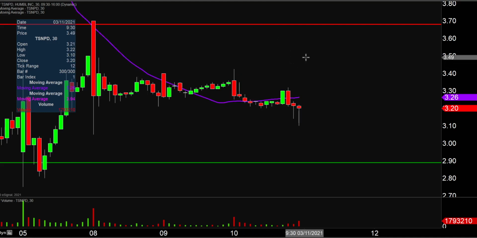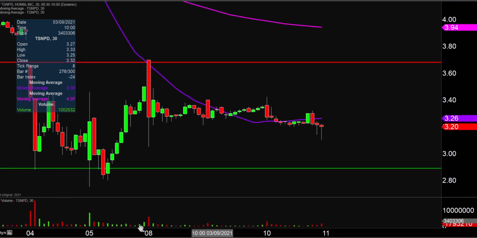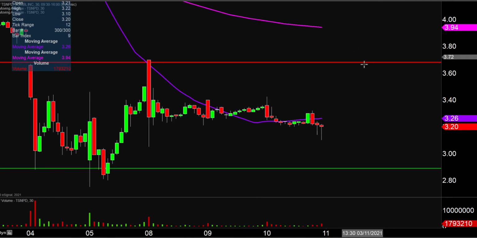Now, from the overarching standpoint, nothing has changed. What do I mean by that? Well, from the overarching standpoint, the chart remains in this sideways channel that I've talked about previously. Top of the channel being up there right around the 370 mark. Bottom of the channel being down there around the 290-ish mark. So from that angle of things, what I'm about to talk about, just understand the context. And that context is it is all happening within the sideways channel pattern.